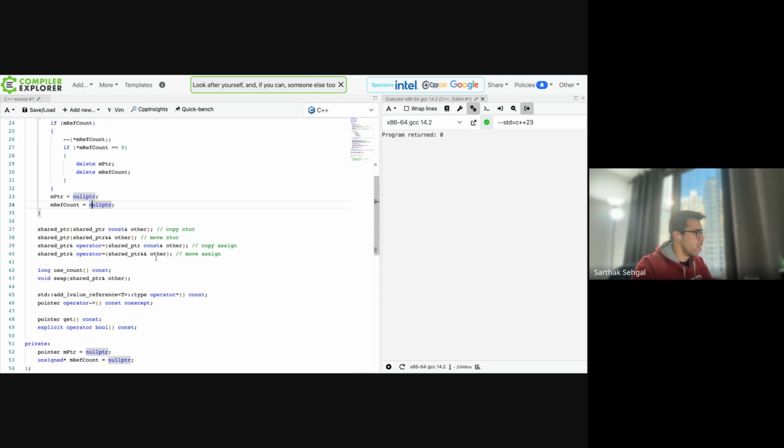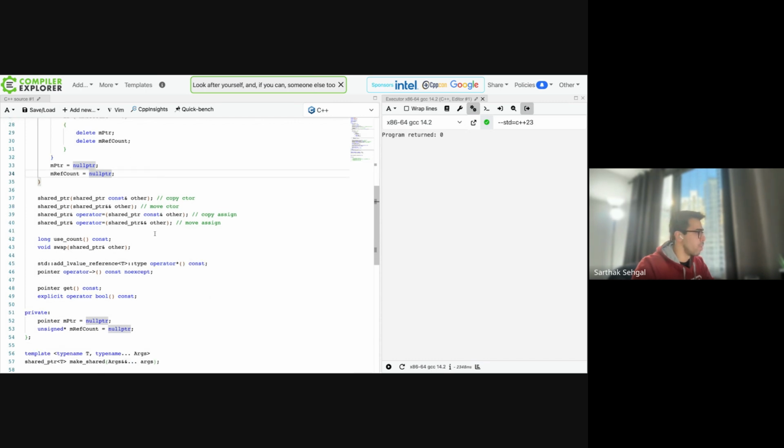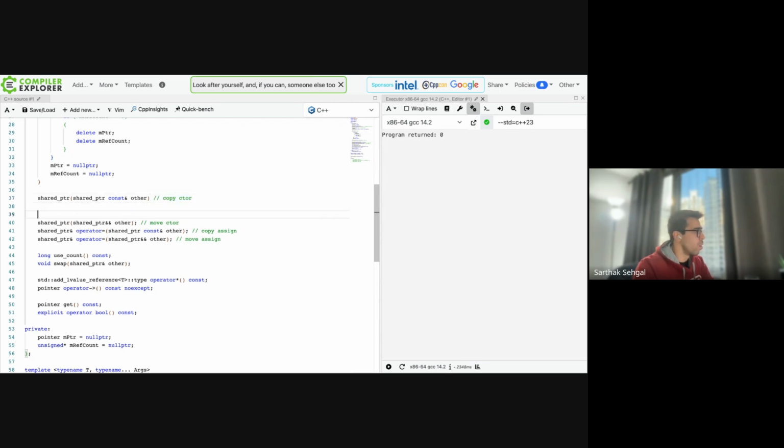Let's move on to the more interesting constructors and assignment operators. So, the copy constructor. As mentioned before, what a copy constructor does in a shared pointer is that it increments the reference count while still pointing to the same memory location that the copied-from object is pointing to. So what we want to do here is